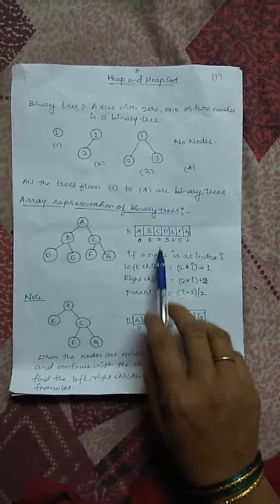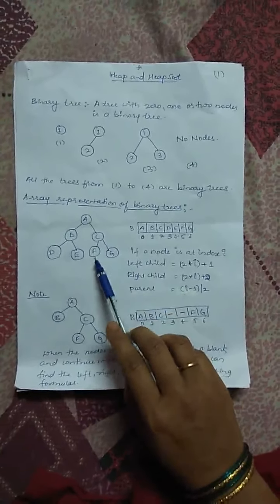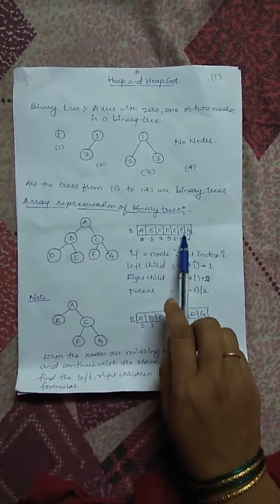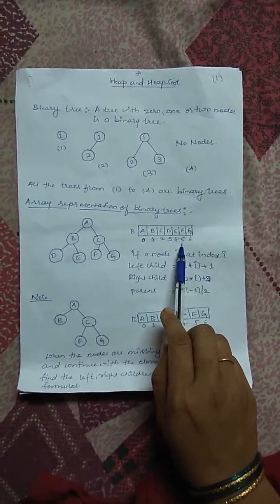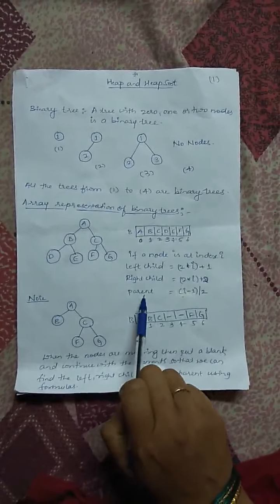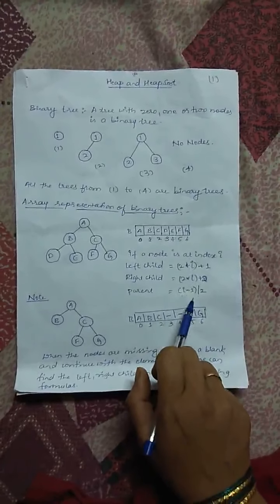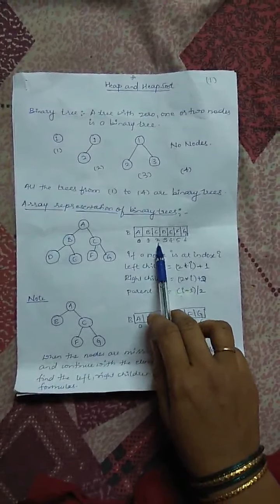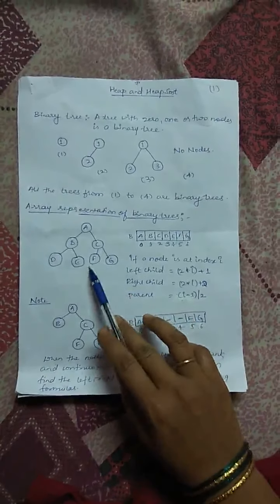Let us try these formulas here now. See, C is the parent of F and G. So let me take here node F. See here, F is at 5th position. So I want to find the parent of 5. How do I find the parent of 5? I minus 1. What is I here? 5. 5 minus 1 is 4. 4 divided by 2 is 2. So at 2nd position I am having C. Can you see here? C is the parent of F and G.